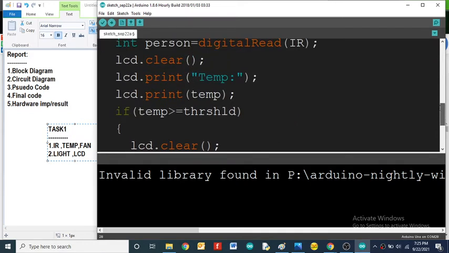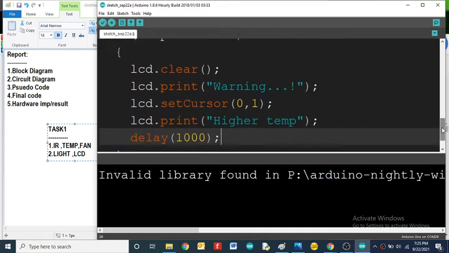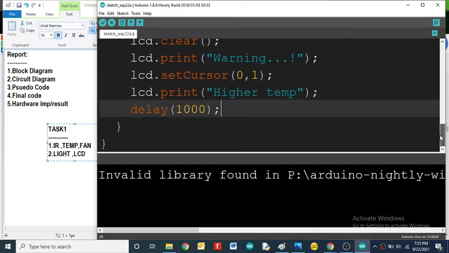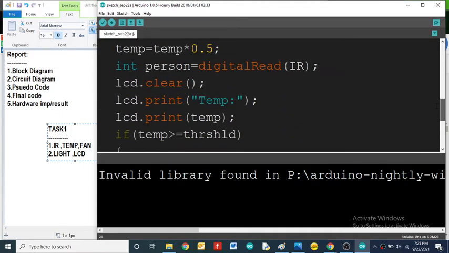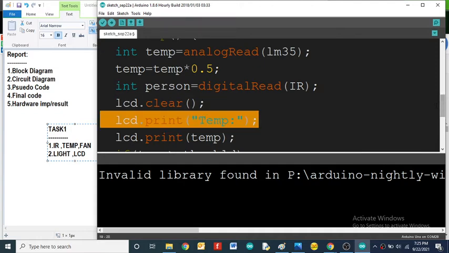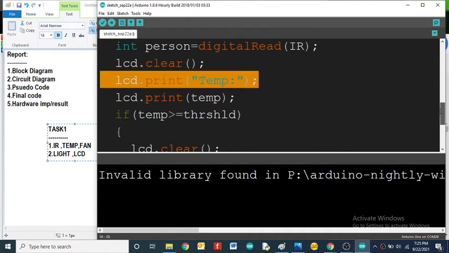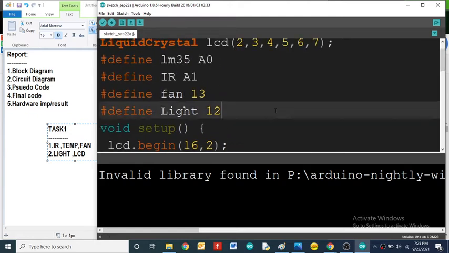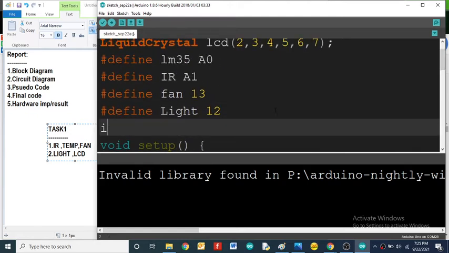After that we need to check whether a person has entered or not. That's why we are already making the count. We just need to detect a person. If the person is detected, then increment the count. So I will take one more variable. One variable is threshold, and another variable is count.